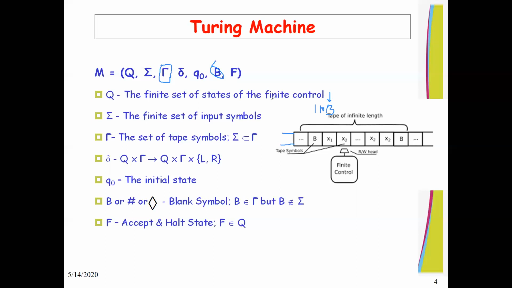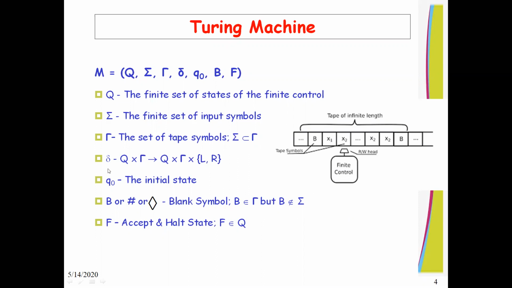First of all, we will start the description of the mathematical tuples, like Q. Q is the simple finite set of states, and sigma is the finite set of input symbols or input alphabet. You can see here, and tau is the set of tape symbols, and sigma belongs to tau, meaning sigma is a subset of tau, because tau covers all the tape symbols, right?